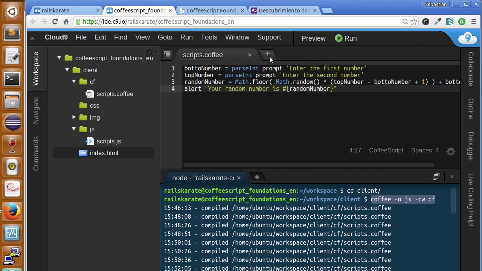But it would be very useful if we could check that the first number the user inputs is not greater than the second number, because if that happens, we can generate a random number but not in the interval we need. So in this lesson we are going to learn something about conditionals. You should feel familiar with this concept as you already took the Ruby Basics course, so I'm not going to explain everything. However, let's see how we create conditions